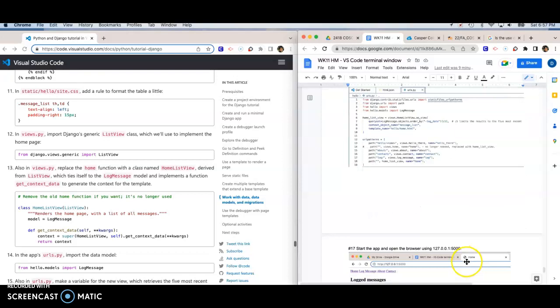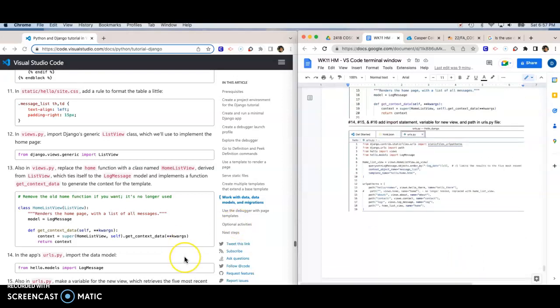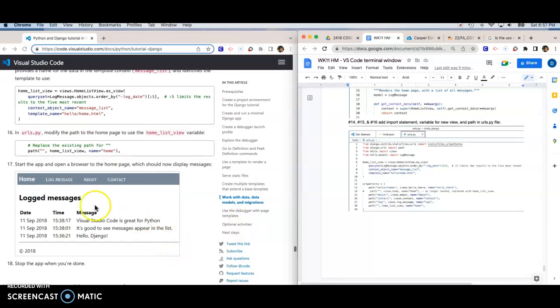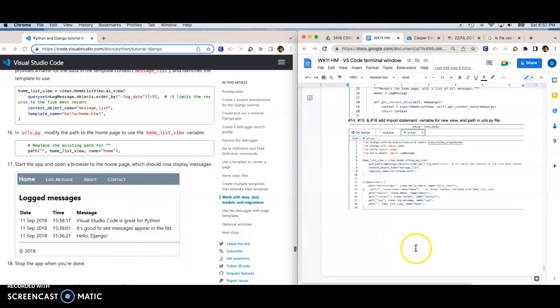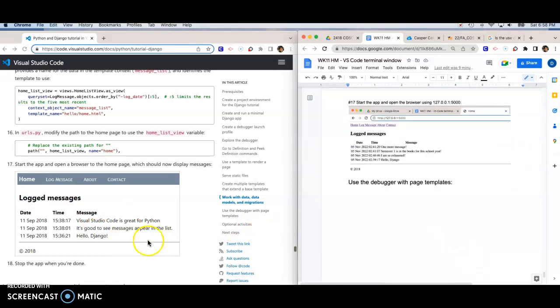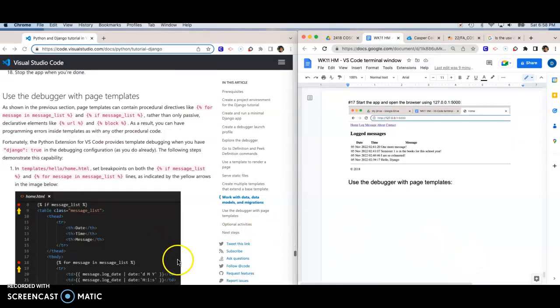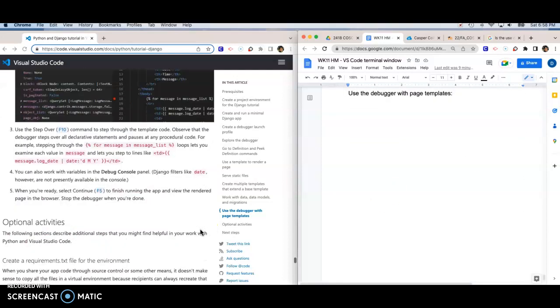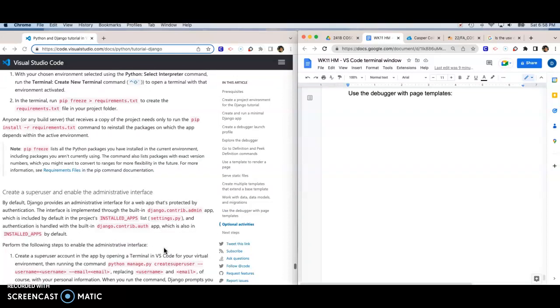Once I got through all of that and I ran it, here is what the log looks like, and here is what my log looked like. Then I used the debugger page. Oh, and I didn't get a screenshot of that, but I did go through and I processed all of these,